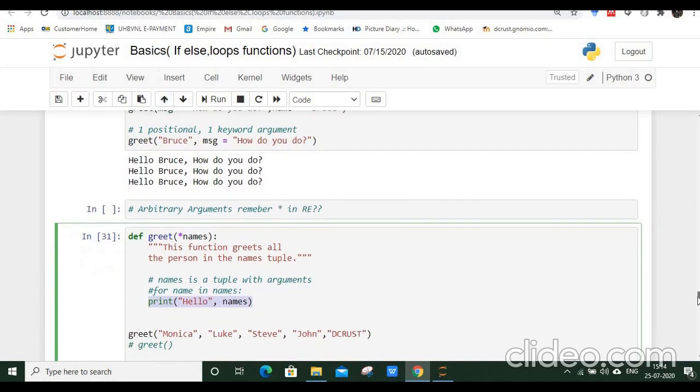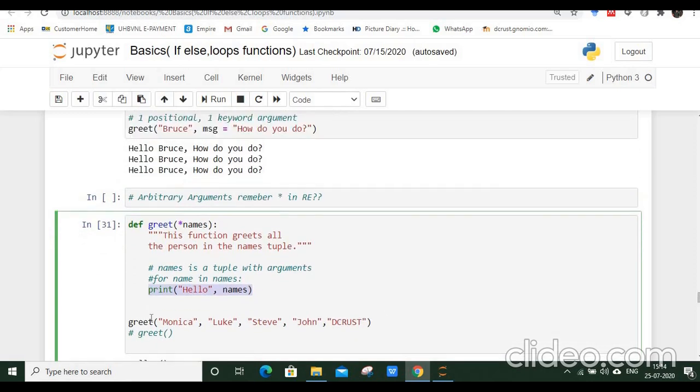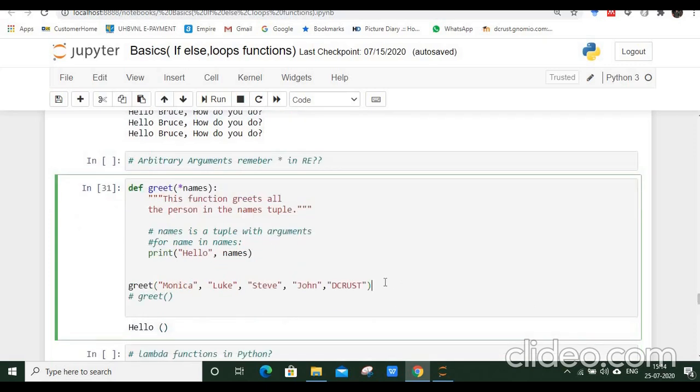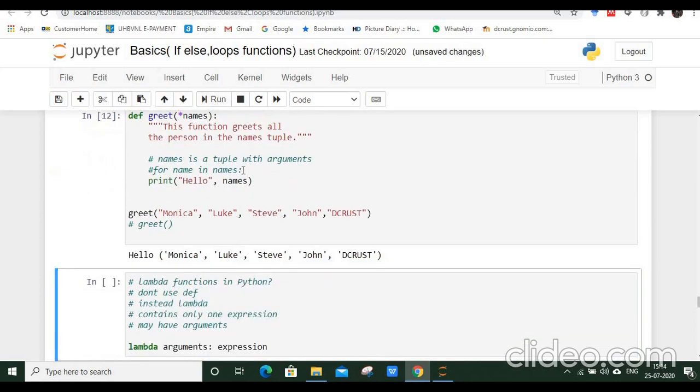When we call this function, we are passing so many values, that is 1, 2, 3, 4 and 5. 5 values are being passed to greet, and see, all the values are being handled with this single parameter, that is names.